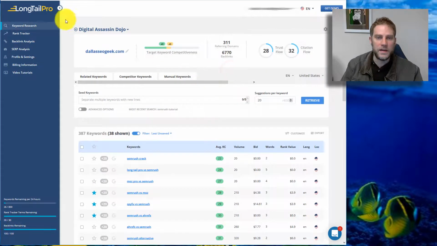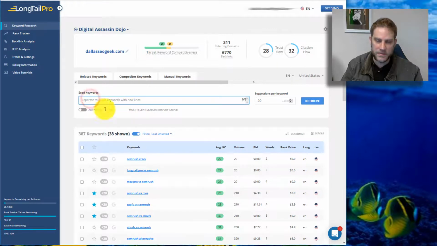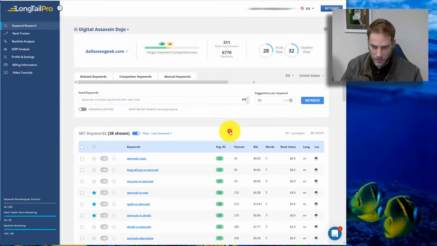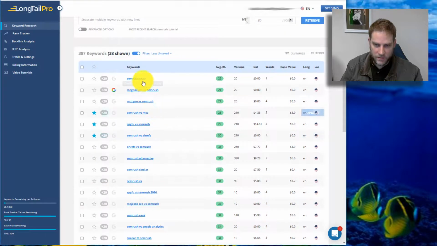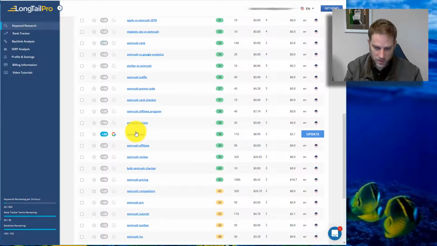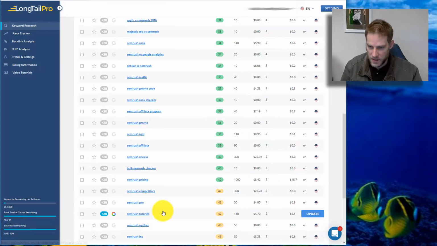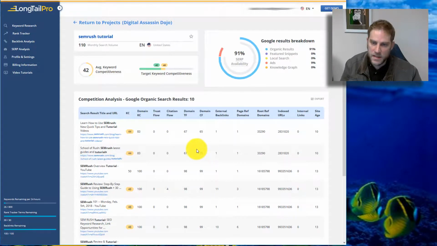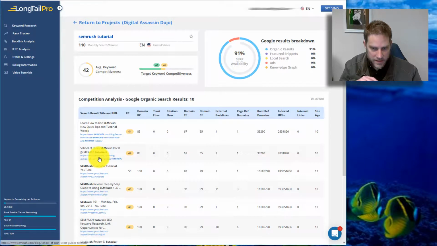So what I did in here, I came into LongtailPro and I typed in Semrush tutorial. Okay, and I've got it filtered right now. I've got a bunch of keywords, it's only 38. Anything that has Semrush in it, I think there's tutorial right here. So that's actually a pretty competitive search phrase. Probably because, well, we can actually see if I right click and open a new tab, it'll go to the details. Okay, so because Semrush.com,